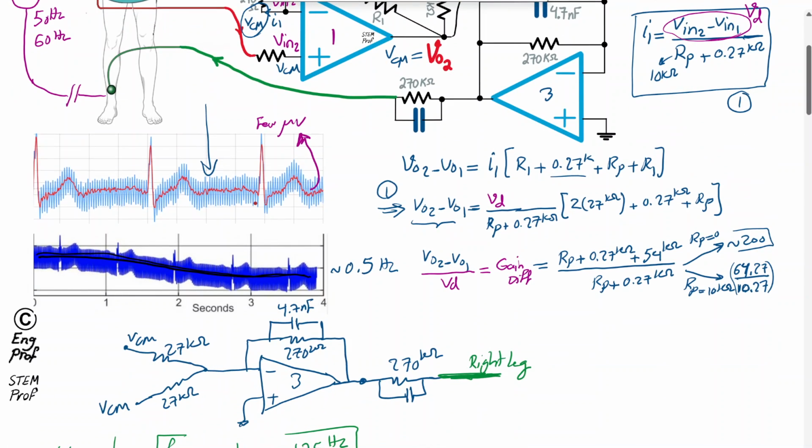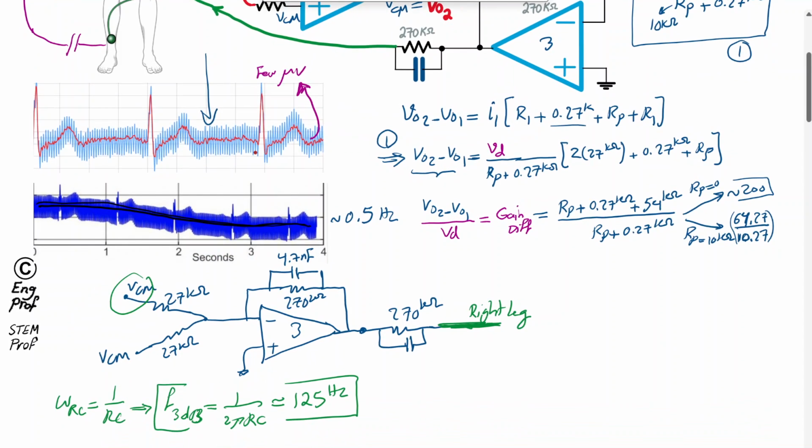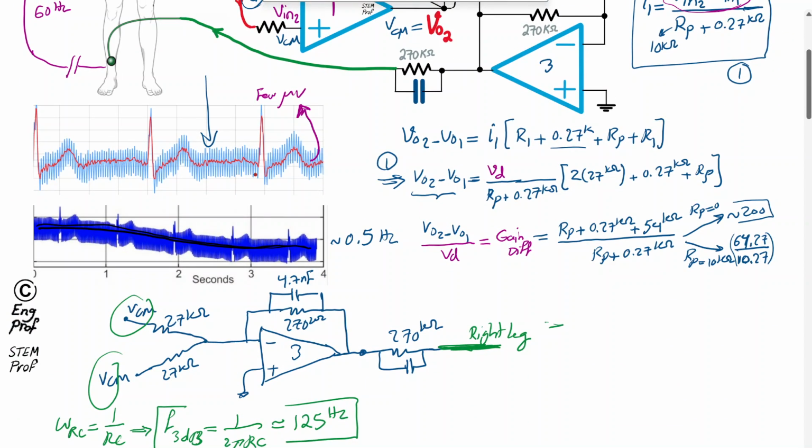So with that said, let's just compute effectively this inverting amplifier that we have here. Since we have V common mode, these 27 kilo ohm resistors are effectively going to be in parallel. So I'm going to say the feedback gain is equal to, this is an inverting amplifier. So the feedback gain below the 3 dB cutoff frequency, so when I can neglect the 4.7 nanofarad, is simply